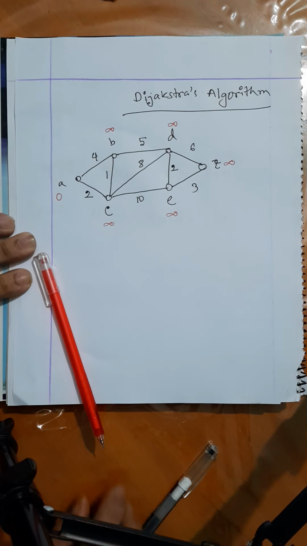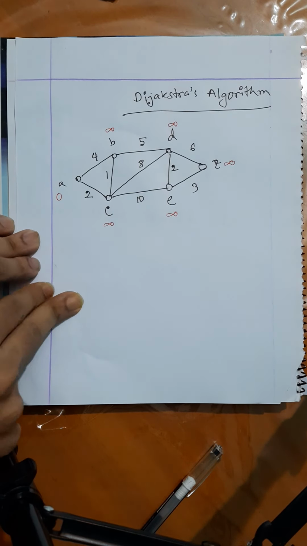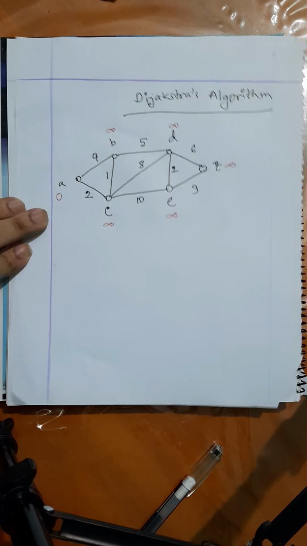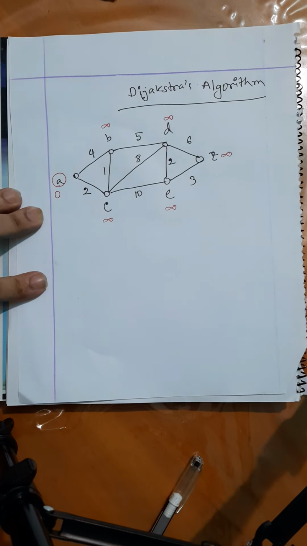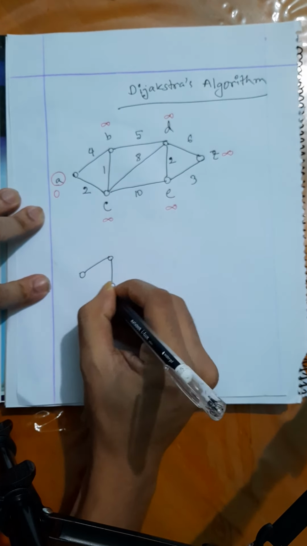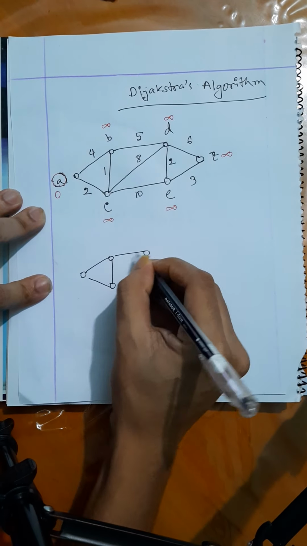The next step of the algorithm is to pick one of the nodes that has the smallest value. So which node here has the smallest value? Obviously A, because every other node has a distance value of infinite, so the smallest is going to be A. So we will select A here. A is selected. Selecting A is the work of this step, so let's say there is no circle here, we will do that in the next step.